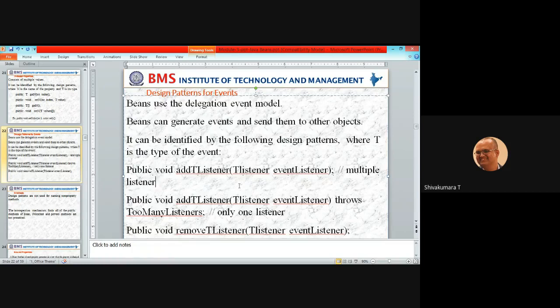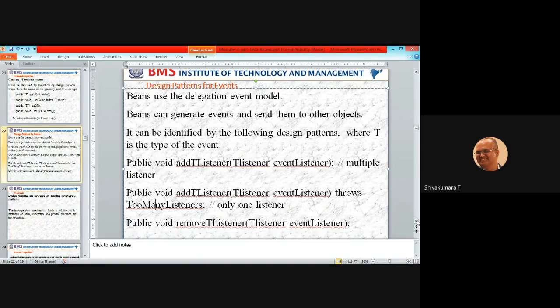If you are concentrating on the class, you are going to listen to only one, that is the teacher's voice. If you are playing multiple roles, you are listening to multiple. In the case of multiple, you can use this pattern. In case of single listening, you need to use this. Only one you are listening to, the remaining you are throwing. In the real world scenario, you are ignoring the other events happening around your environment.